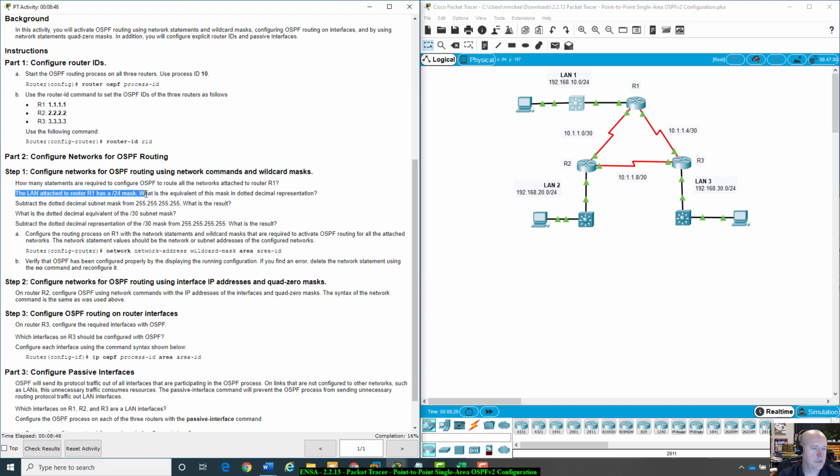Next question is, the LAN attached to router 1 has a /24 mask. What is the equivalent of this mask in dotted decimal representation? All right, so